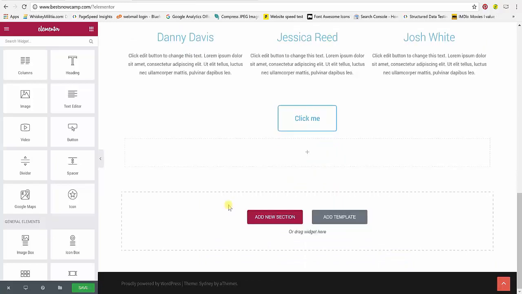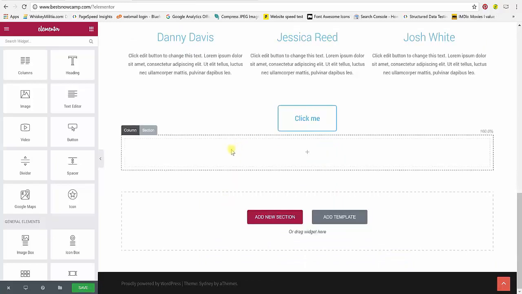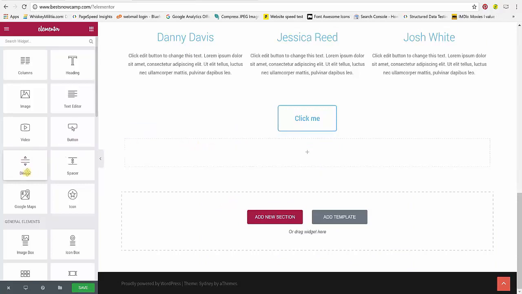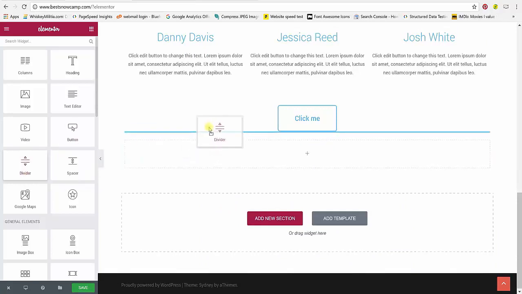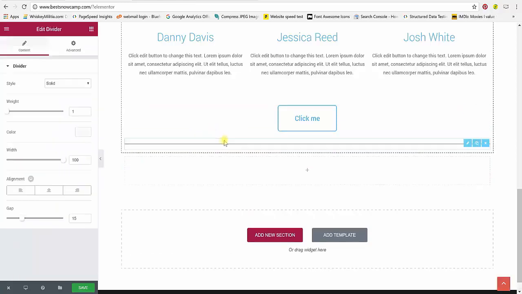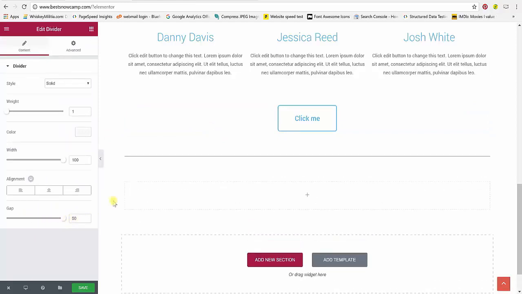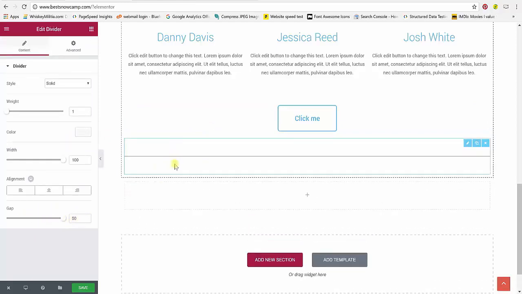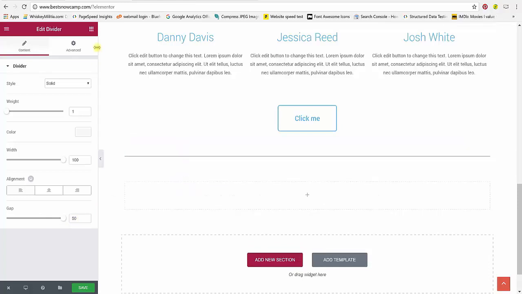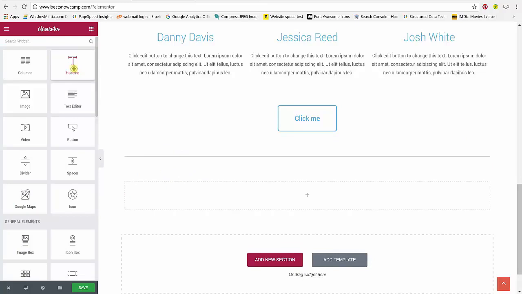just like that. And the first thing that I'm going to do is to drag a divider just into the new section or underneath the first section, it doesn't really matter. Over here is good enough, and I'm going to set the gap all the way to 50 pixel, which is a really nice gap, just like that. You have 50 pixel padding on the top and 50 pixel padding on the bottom,